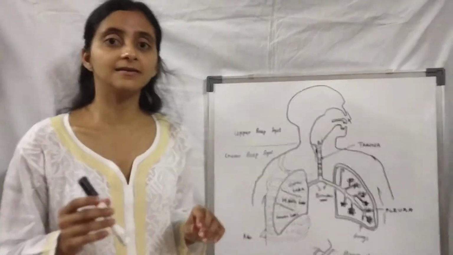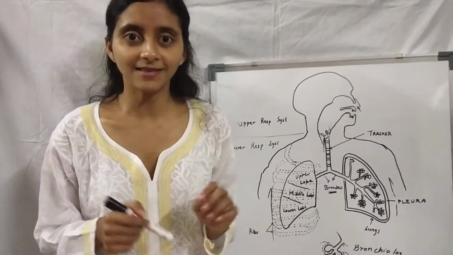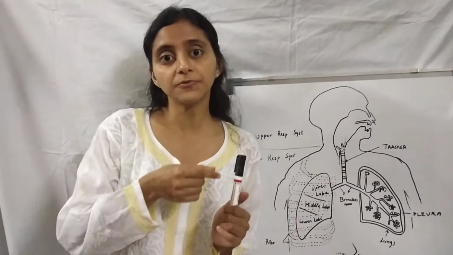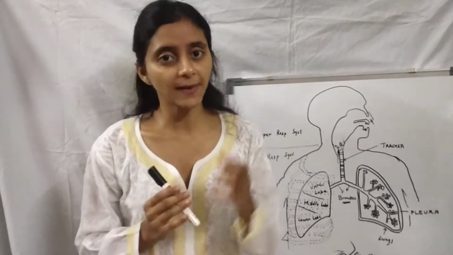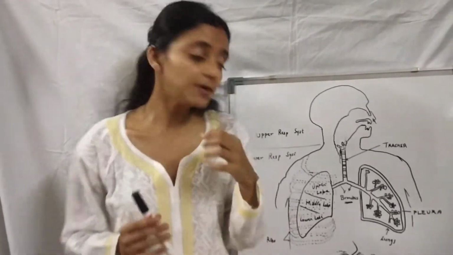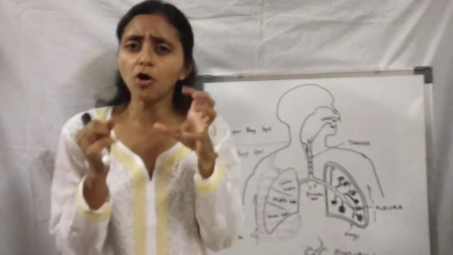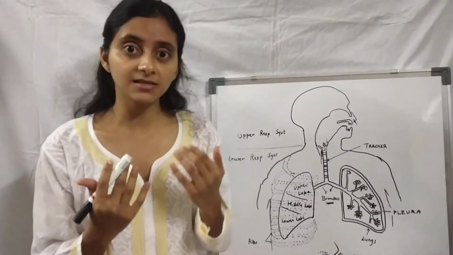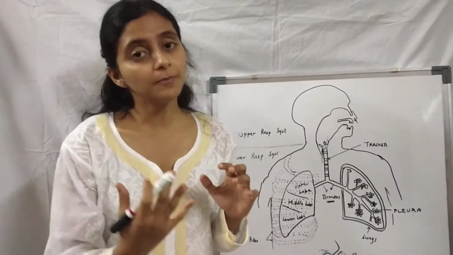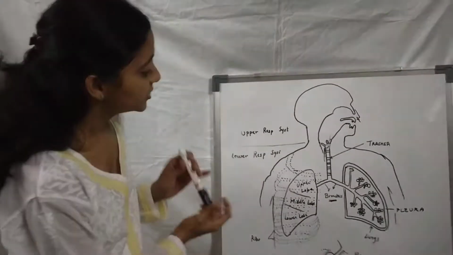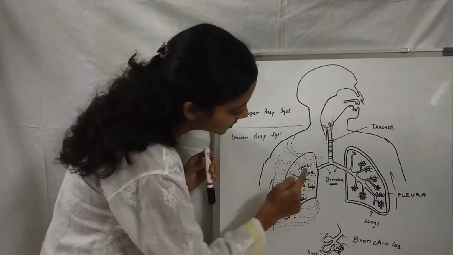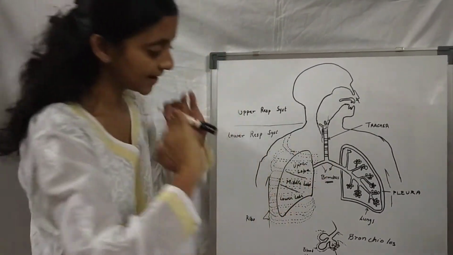Now, as we had studied in our spine, the spinal cord, which is very crucial, passes through your vertebral column. The bony vertebral column is protecting your spinal cord, which is soft. Similarly, your lungs are very soft. They are like sponges, and to protect these lungs, we have our bony component, that is the rib cage. So your rib cage, if you see this dotted line, covers the lungs. So it protects the lungs.